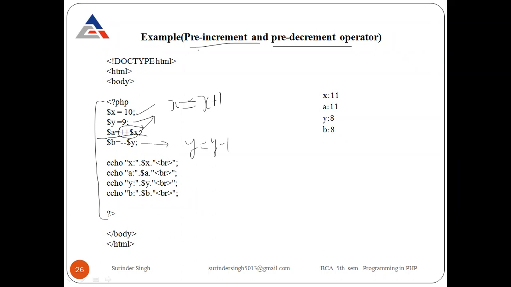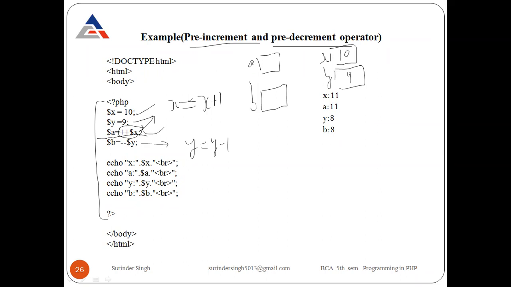Clear? And here now x is in memory, also y is in memory, and a is in memory, and b is in memory. Okay, x has value 10 and y has value 9. Now when this statement executes, it will first,